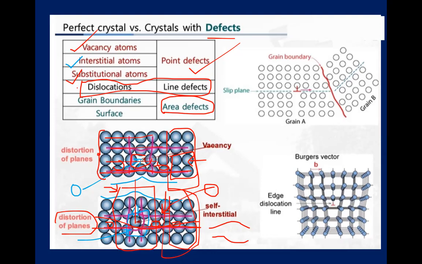So if the entire plane is defected, these can be area defects, but still you can call them planar dislocations. In the previous case, it's a line dislocation, but if it is spread throughout the plane, then you can term it planar dislocations. So these planar dislocations sometimes make the grain boundaries